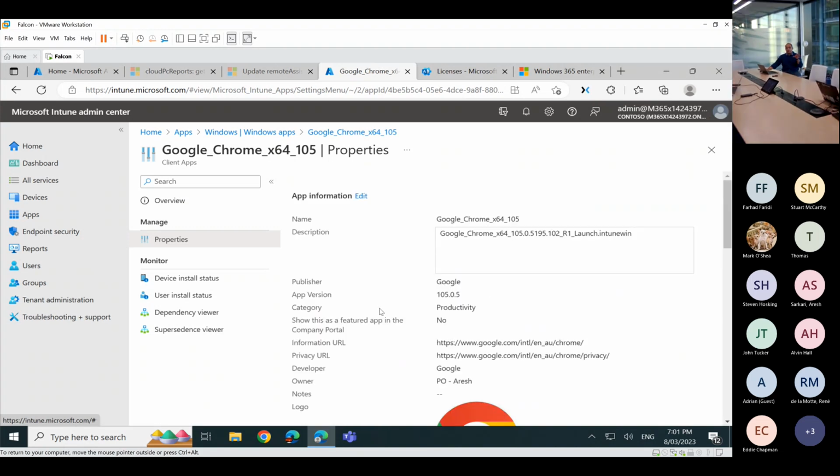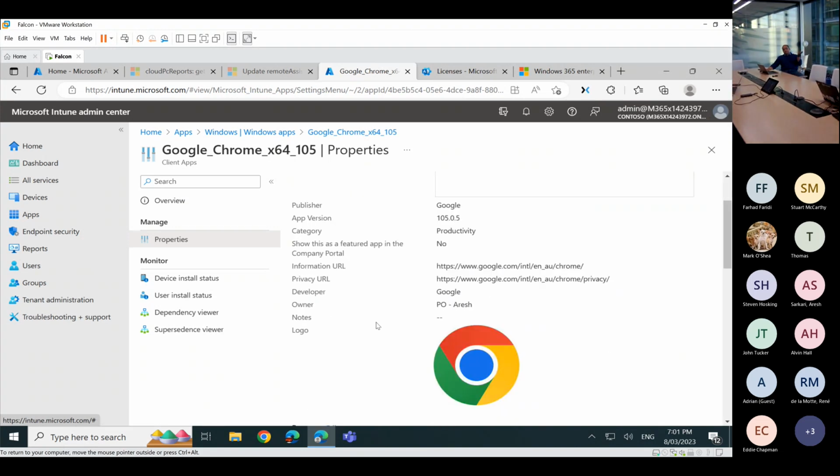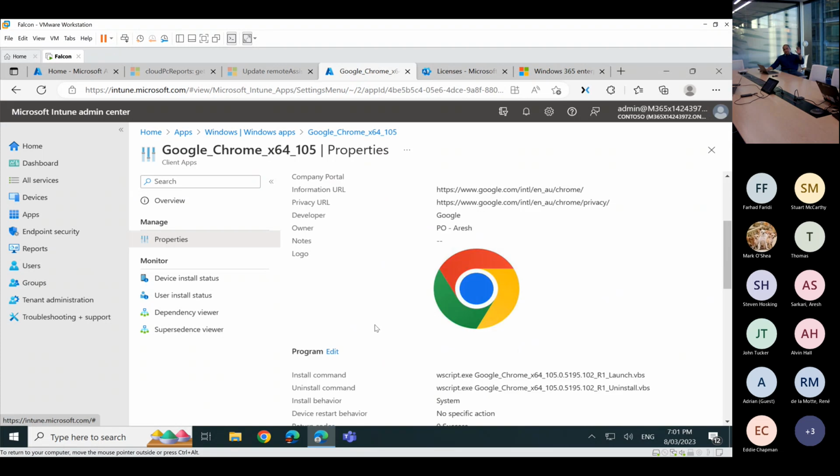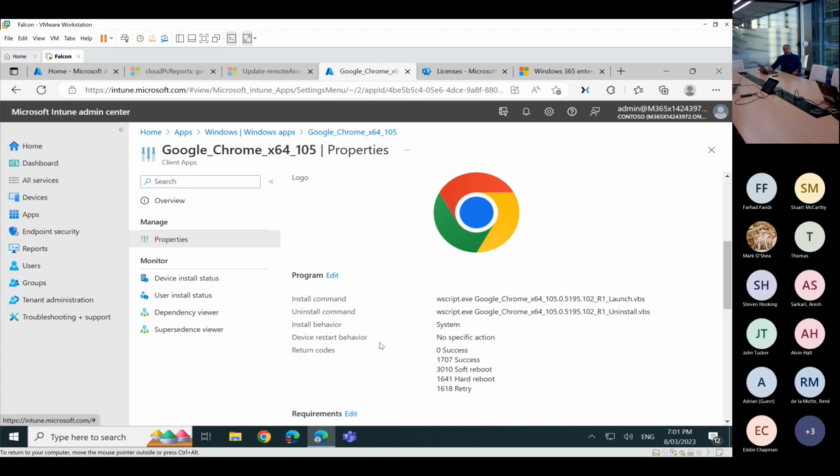So that's just showcasing the example of pushing apps. You can see it's a complete .intunewin and it has launch and other methods. Imagine your app packaging team developing a custom Win32 package and you're using that for deployment. So that's all about apps.